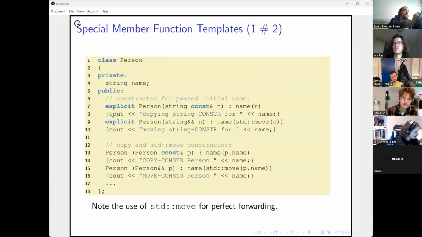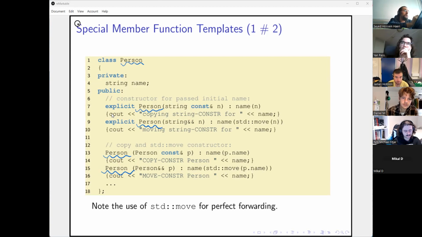So it's a member function. This guy is called person. These member functions have the name person, so they are all constructors of the class. What you're seeing here is 4 different constructors for the class person.